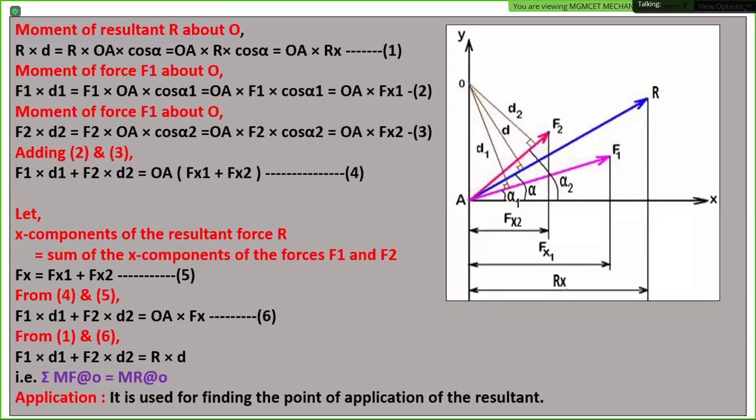Concurrent force system में point of application निकालने की जरूरत ही नहीं है, तो वहां पे अप्लाई हम ये नहीं करेंगे। So the most common statement, the last second line, दिख रहा है सबको? Can you see, all of you, the last but one line? That is important. वो कभी भी दिमाग में आना चाहिए, नींद से उठोगे तो भी आप बोल सकते,